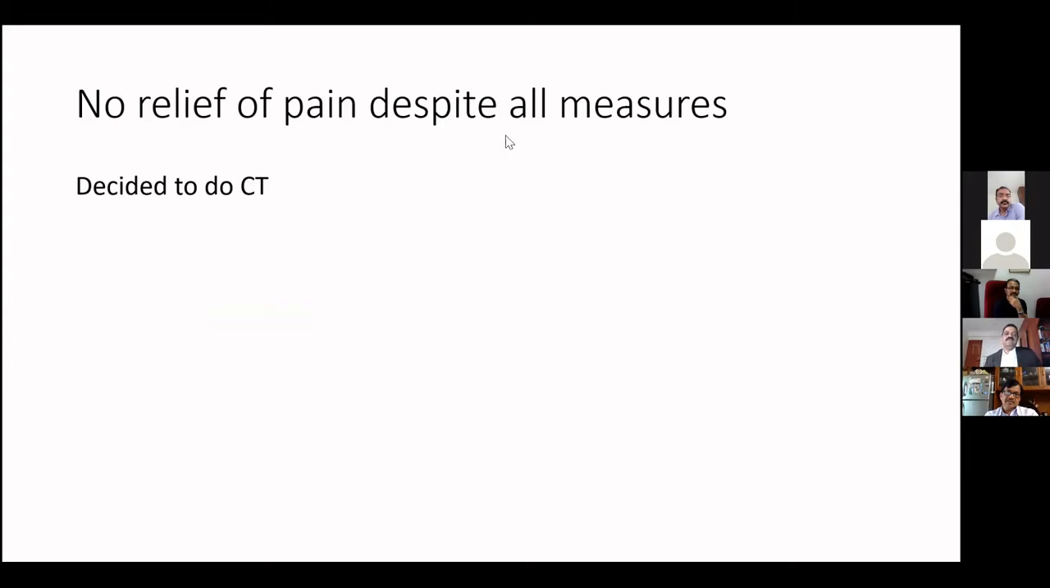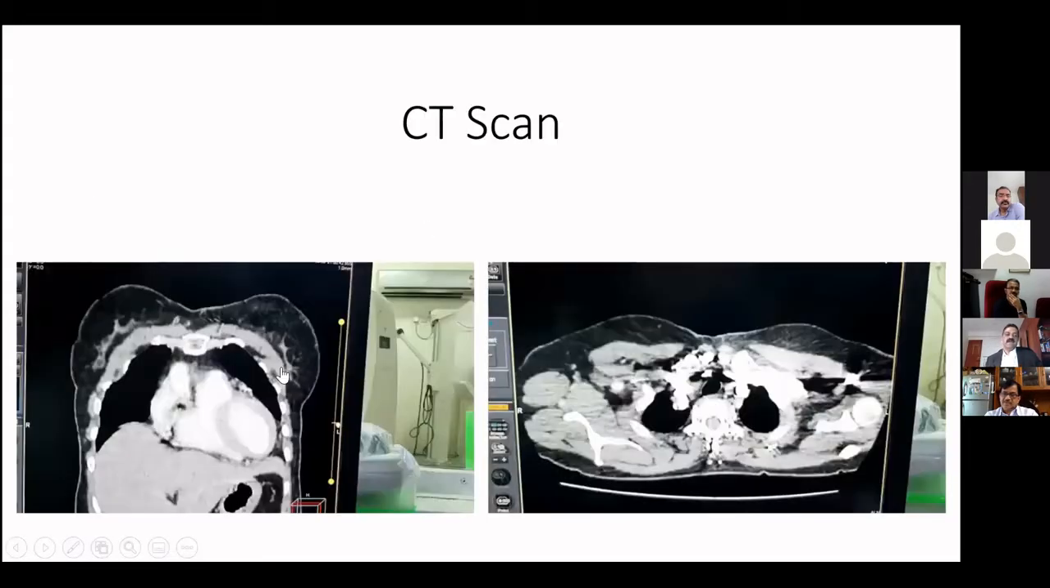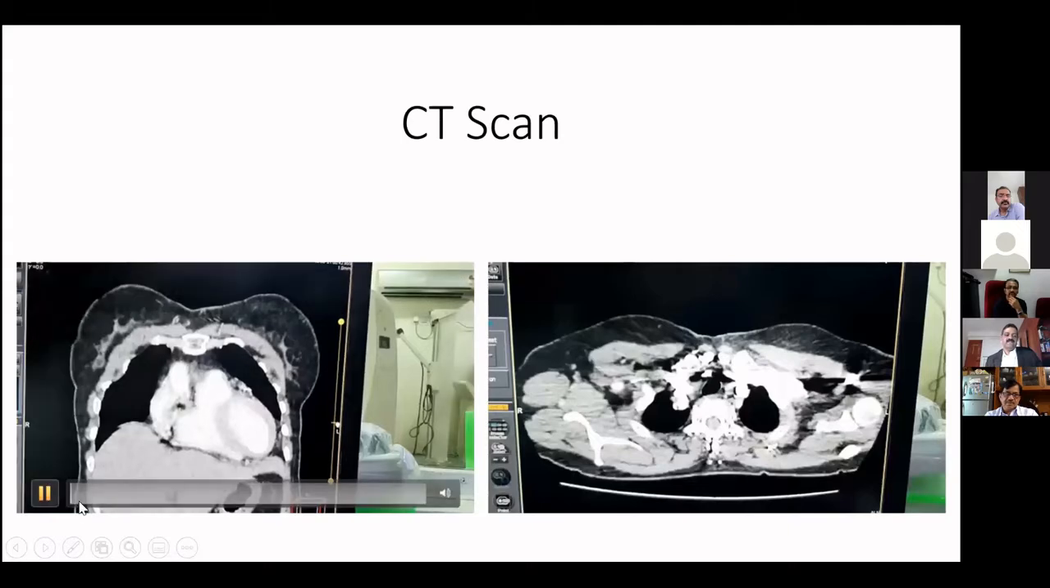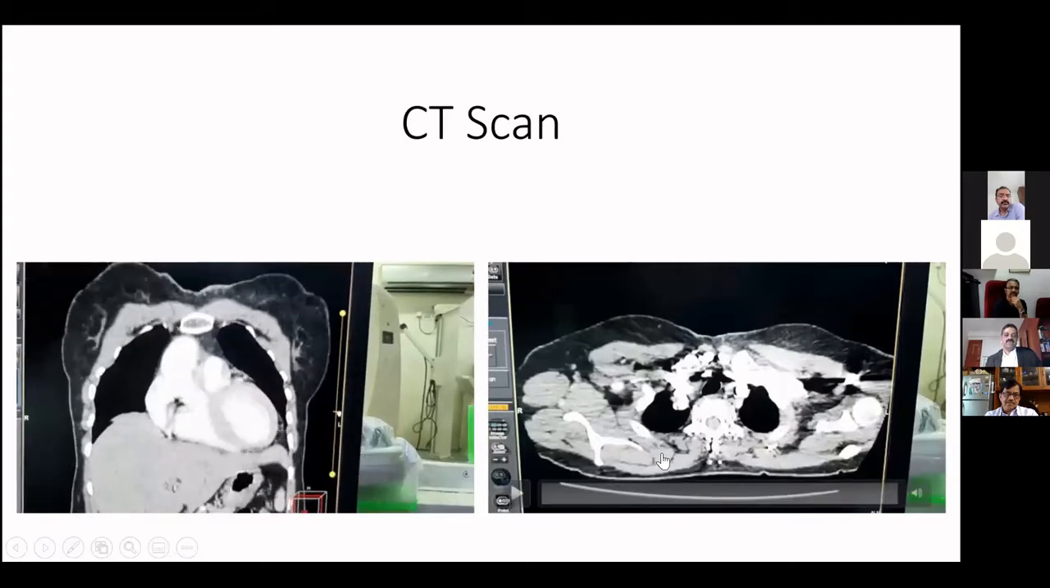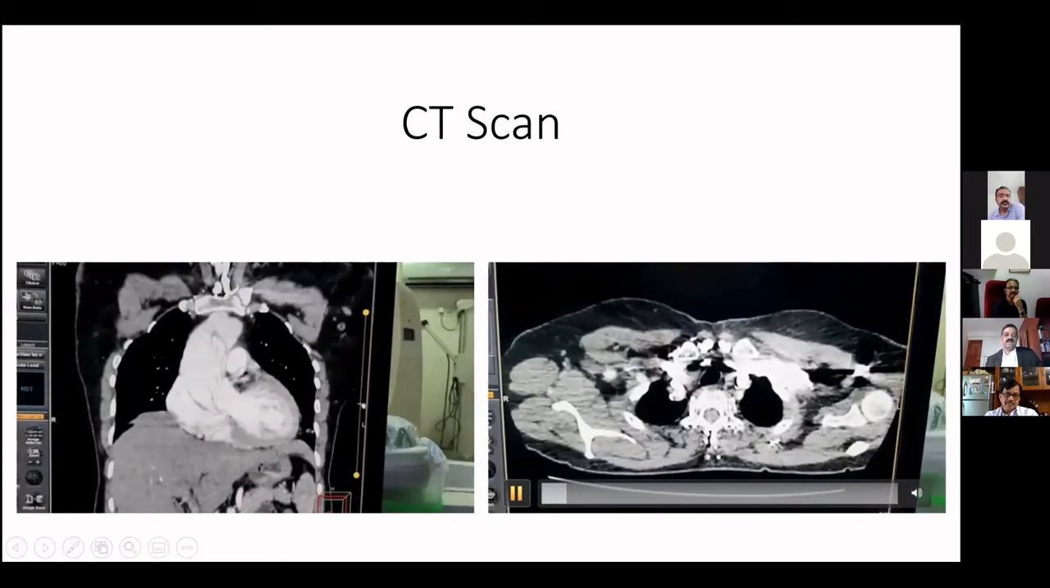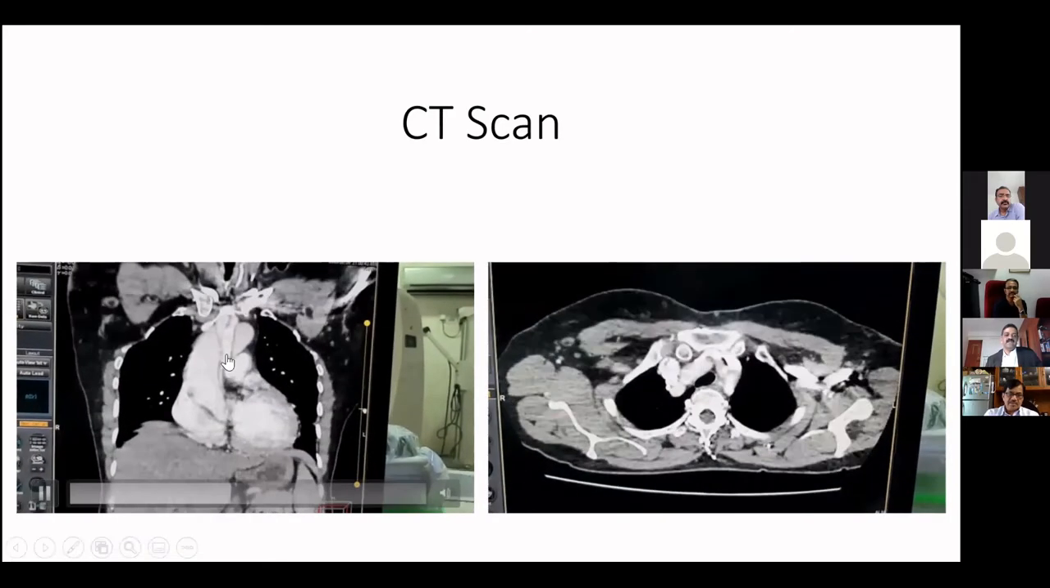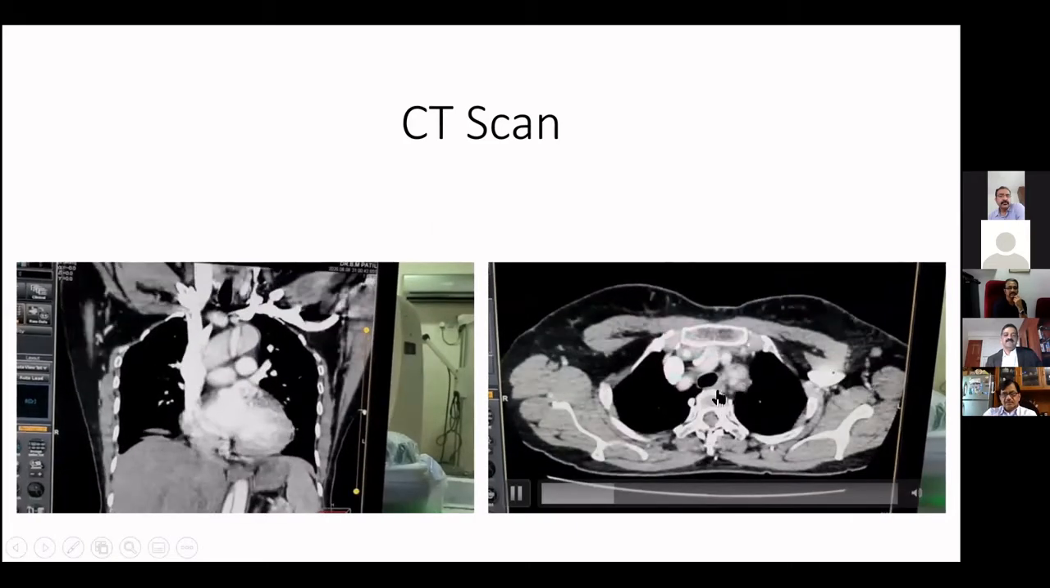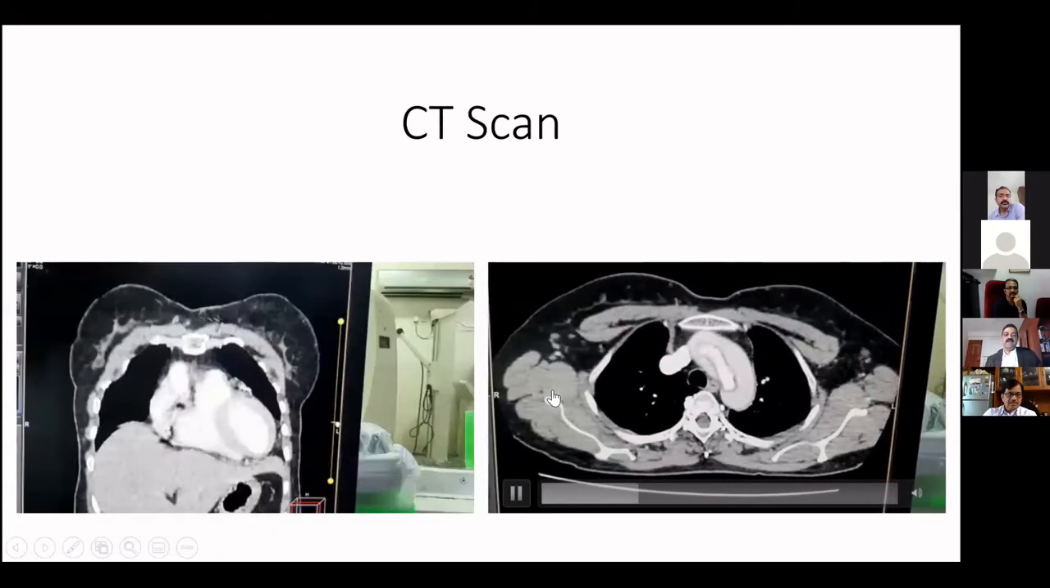So we considered the differential diagnosis and then decided to do a CT. And for those of you who can read chest CTs, this is what we would find. Of course, I'll be showing you the report. For the interesting aspect of it, you can look at a tear in the aorta. And we had a diagnosis of